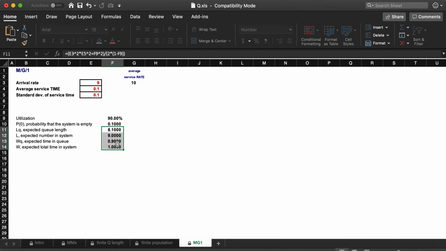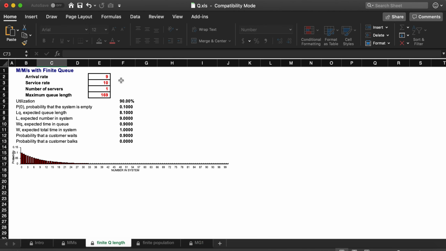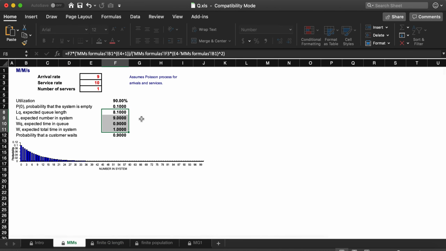The only thing that's changing is the congestion and delay in the system, which highlights, like we were talking about in lecture, that as we reduce the standard deviation in the system through process improvement efforts, we're going to be able to see improvements in these metrics as they relate to congestion and delay in the system, or in the waiting lines of my system. And that's it. This spreadsheet Q is just very simple to use. Here again, you can put in the maximum, the finite queue length if you wanted to, right? You can play with this, but it's going to be able to give us these